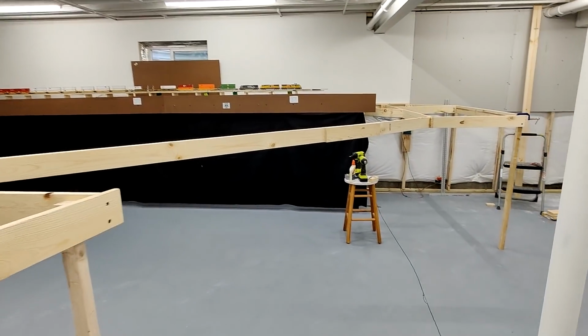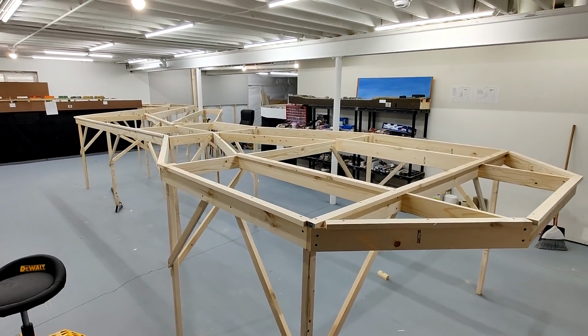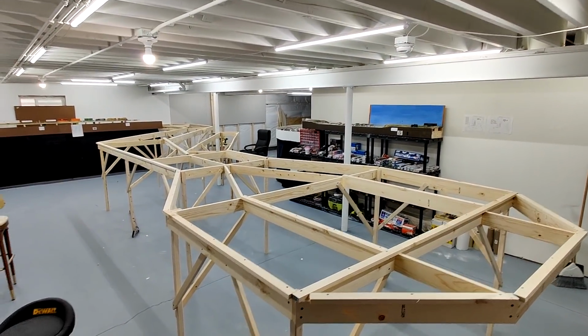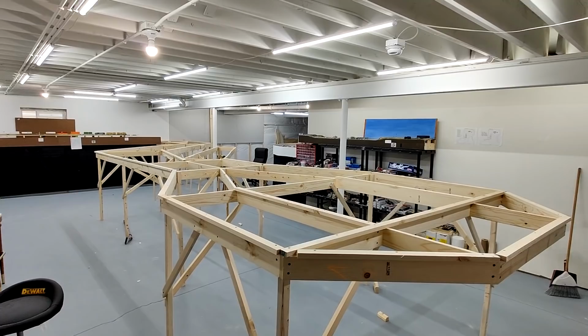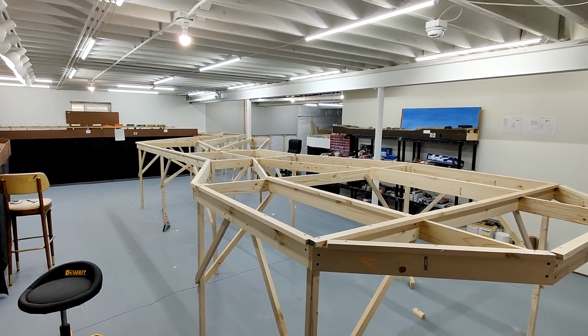So I officially cut off access across there. Here you can see I have all the legs in and braces and so forth. Still turned out to be kind of wobbly. It was stable at the ends, but the benchwork going from the end towards the layout turned out to be